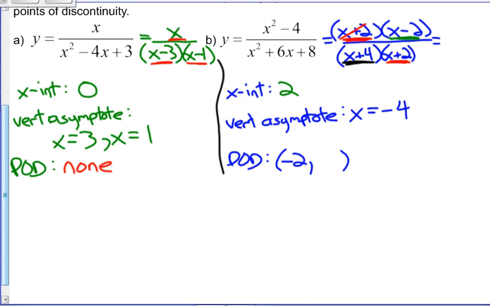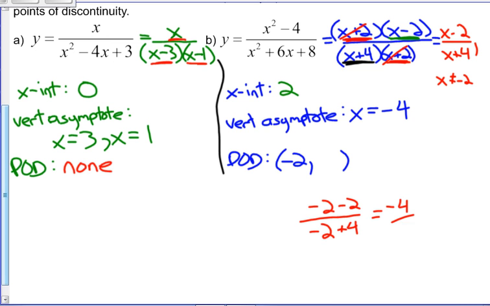I can then go and cross those out and say this function is really just x minus 2 over x plus 4, as long as we don't use a value of negative 2. That's the illegal number to put in there. But if I want to find that point of discontinuity, I put it in anyway. So I would have negative 2 minus 2 all over negative 2 plus 4, which would be negative 4 over 2,